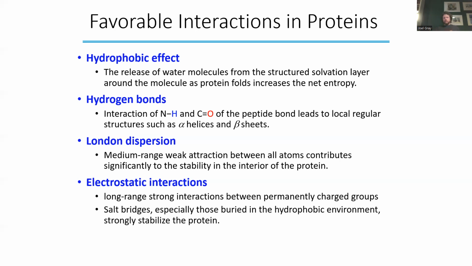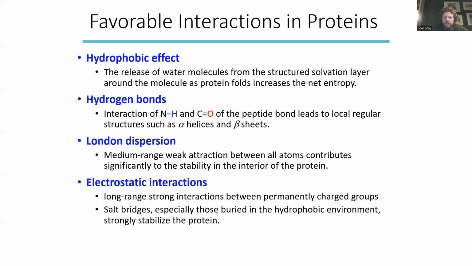Now, you also have a large number of hydrogen bonds. You have interactions of the N-termini and C or carbonyl groups of the peptide bond that lead to local regular structures such as alpha helices and beta sheets. And we're going to talk about those in just a little while. You also have